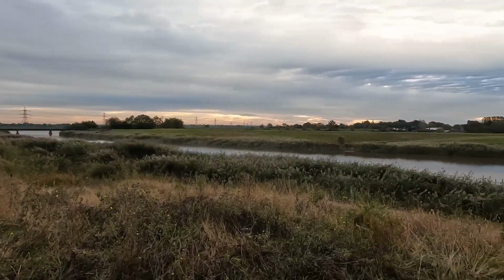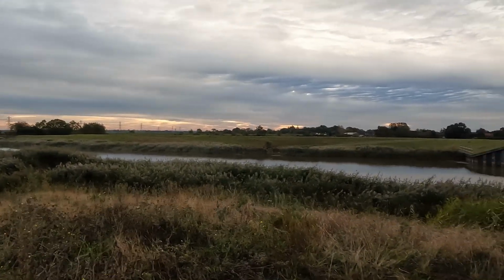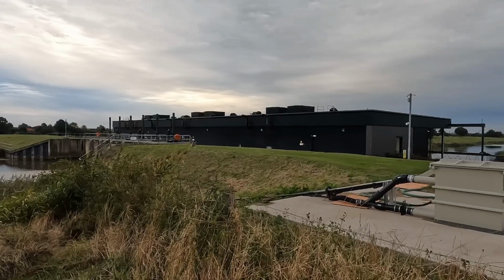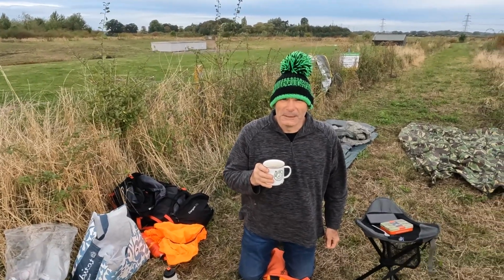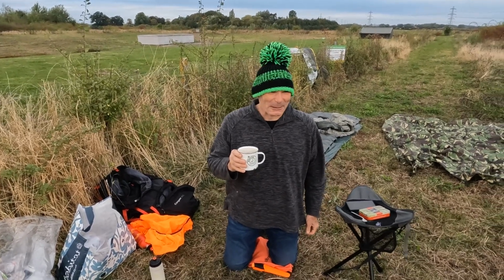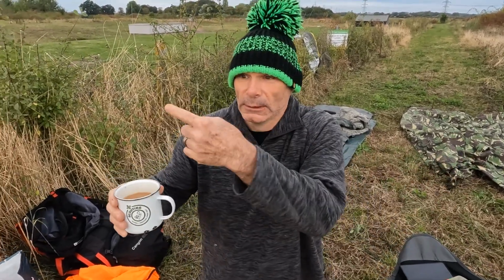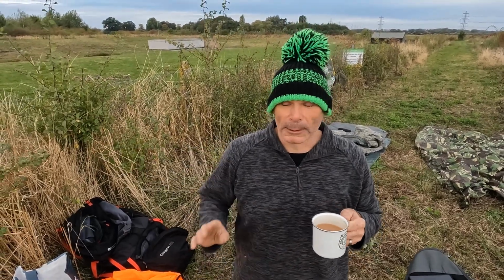This is the river that goes out towards the sea direction. This is the biggest pumping station in the country. I think all rivers go towards the sea direction. But this is pumped intentionally. It makes it a bit quicker. So this is either the River Ouse or the Relief Channel, because they both run parallel to each other right the way up till, I'm not sure if it's as far as Denver or not, but they both run parallel